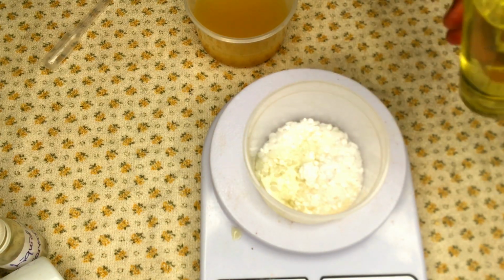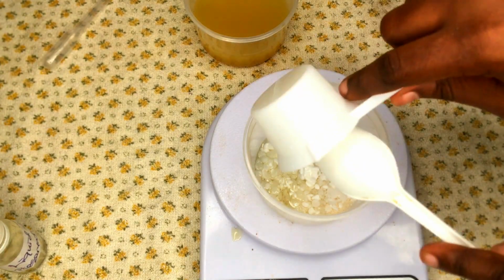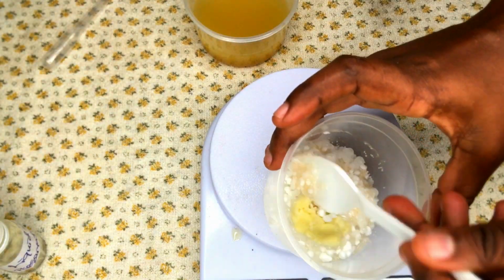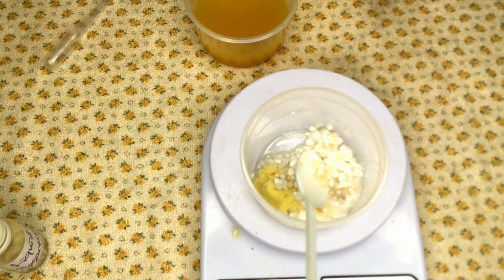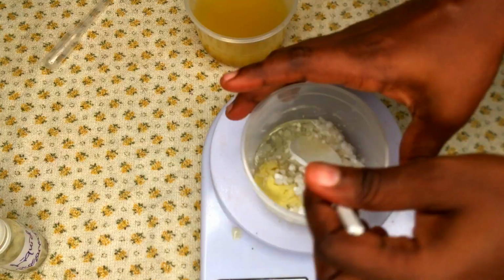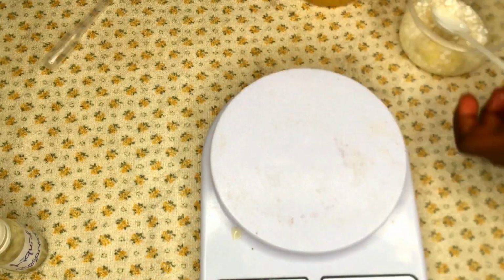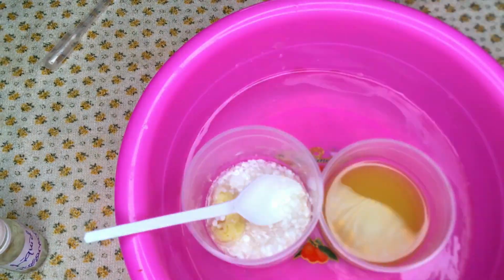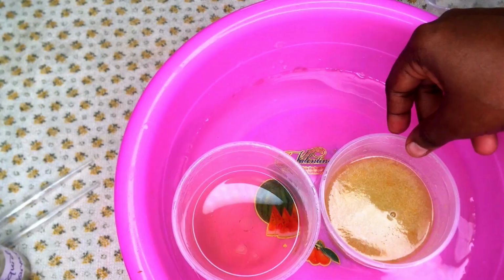So I just go ahead with my oil, and I'm adding my shea butter as well. I'm adding 3 grams of the shea butter, and I added 3 grams of the oil as well. So I decided to add more oils just to increase the oil content. And so after this, I set aside both phases and put them in a water bath for some time for